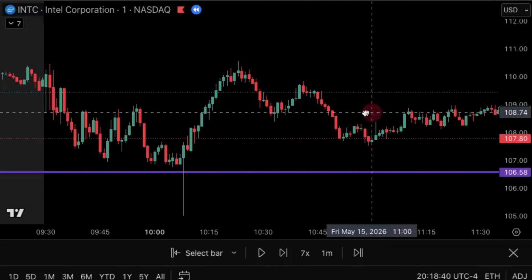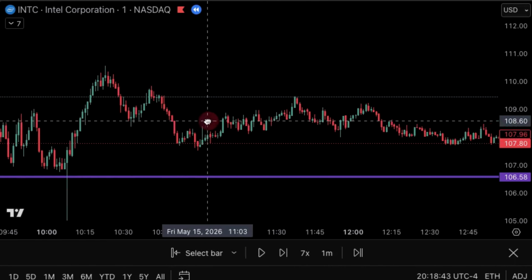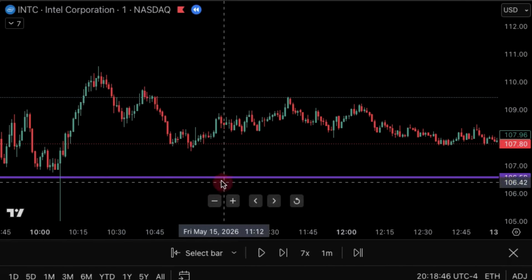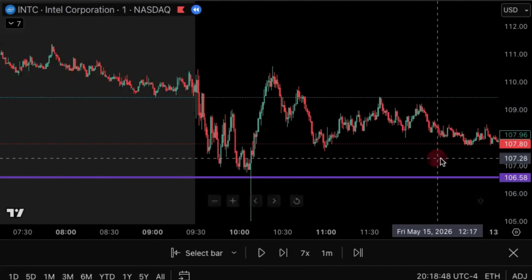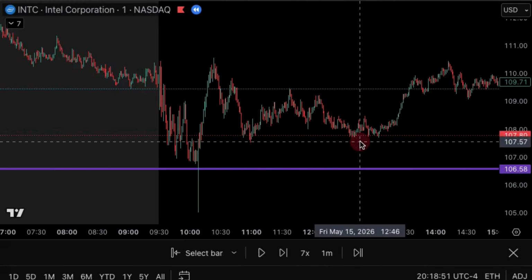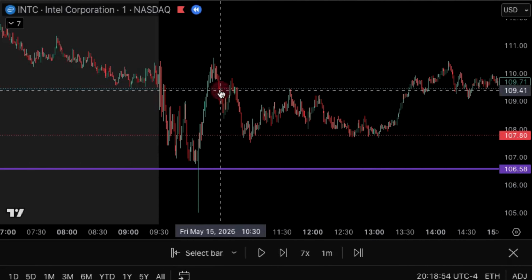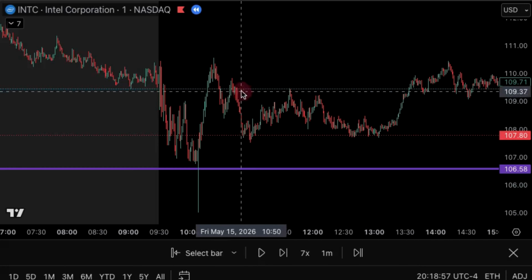I had a feeling once we broke under pre-market low, I thought, you know what, we're probably going to trade from pre-market low down to this purple line here, this 106. And that's kind of exactly what we did. We came somewhat close, down to 107, so this would have worked out and would have kind of helped